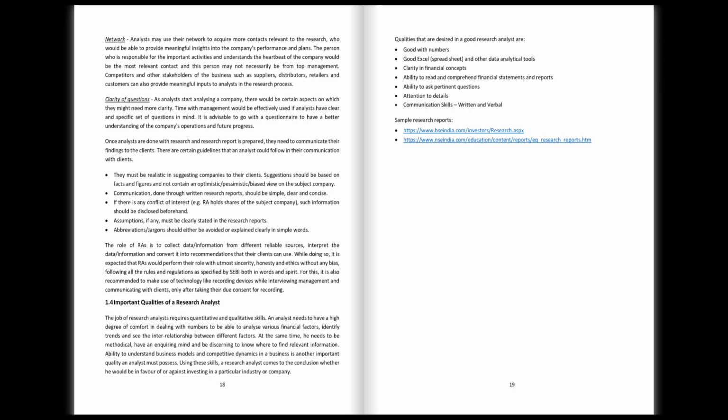Sample research reports. www.bseindia.com/investors/research.aspx www.nseindia.com/education/content/reports/eq_research_reports.htm